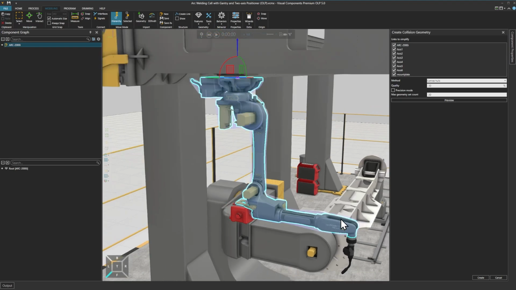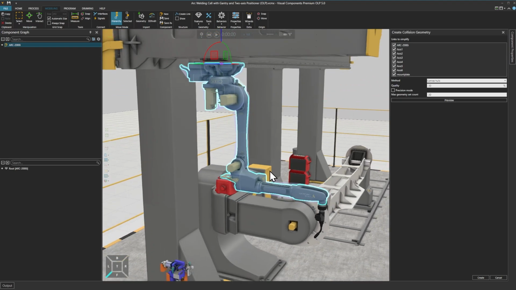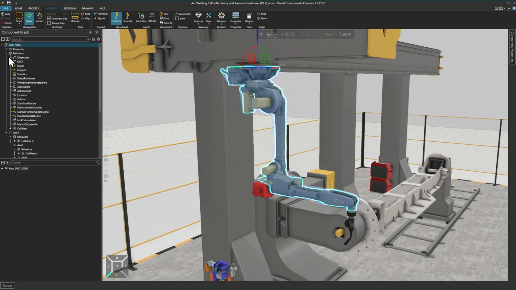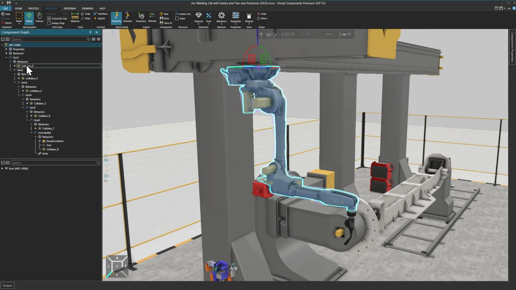And I am now happy with my simplified geometry, so I will press Create. If you don't press Create, the colliders will not be created and all your work will disappear. And we can now, inside the robot, see the different colliders we have created. A new feature in 5.0 is also toggle collider visibility on and off. You can also select the opacity level on how much we want to see of it.